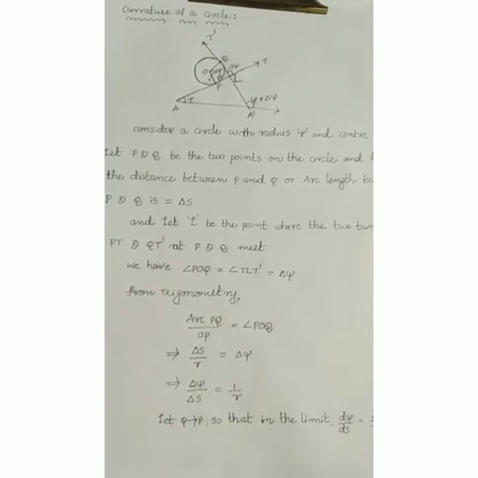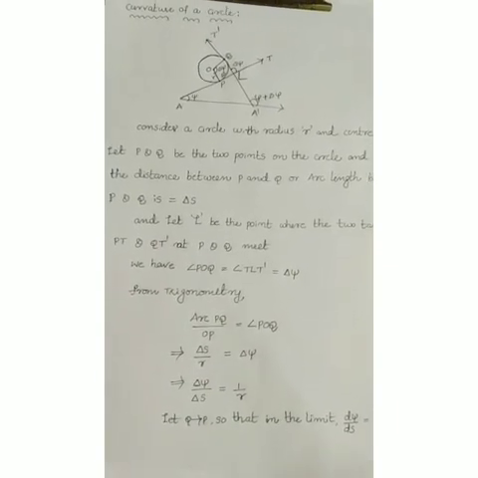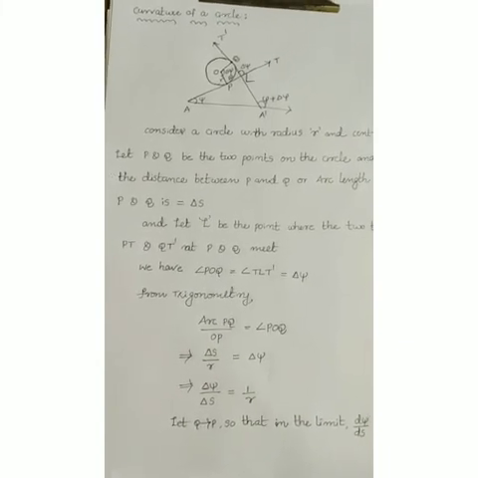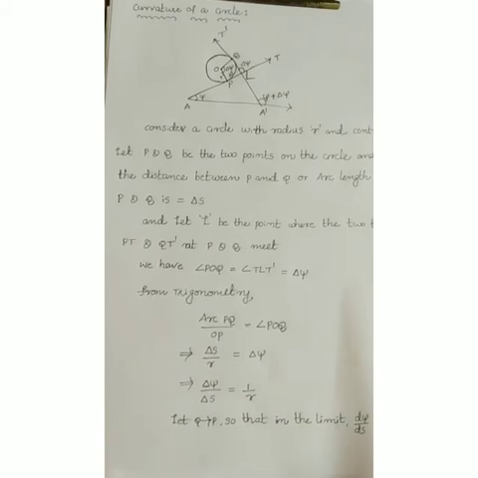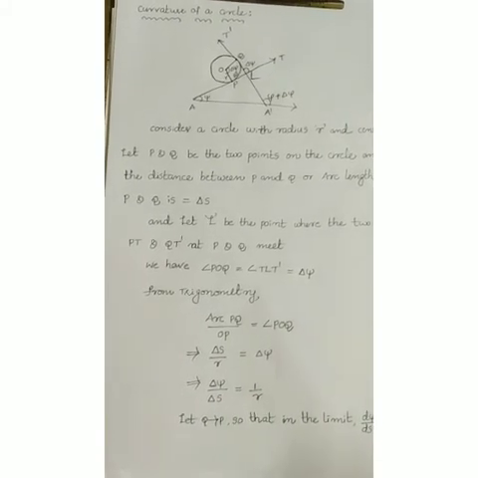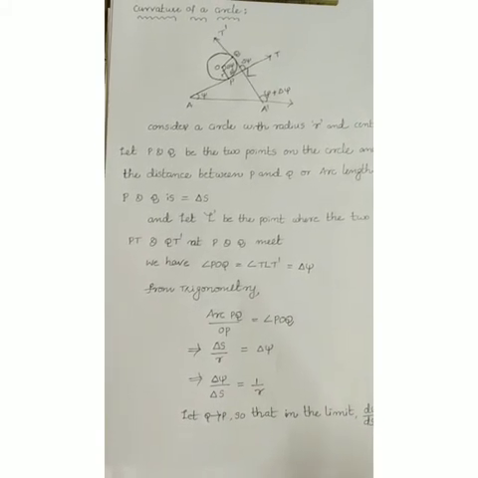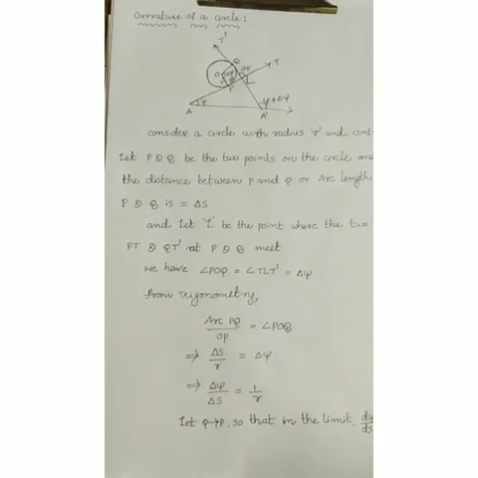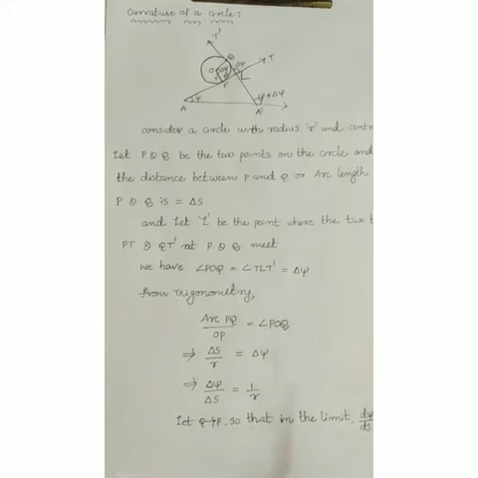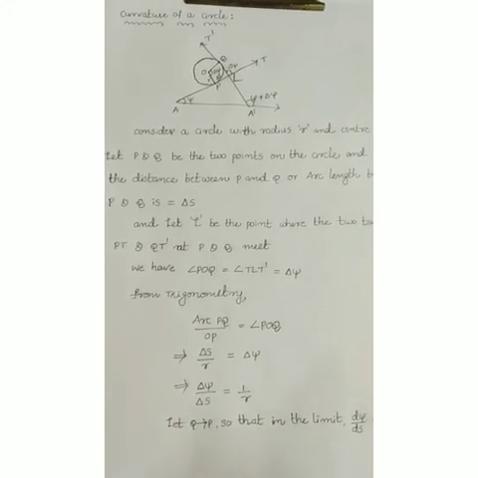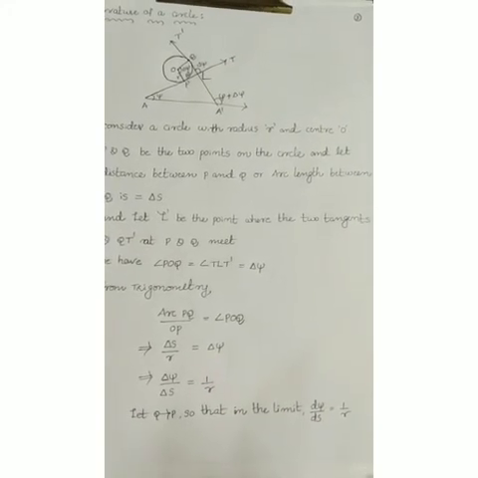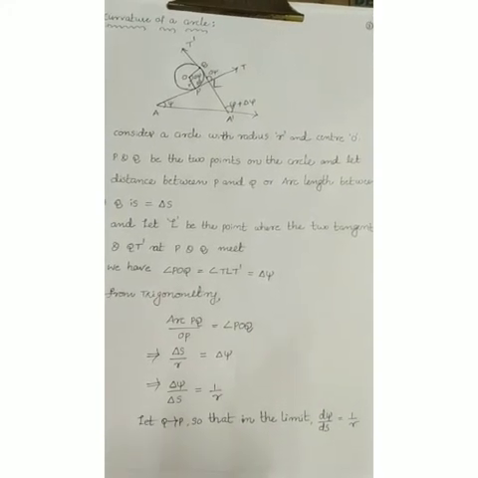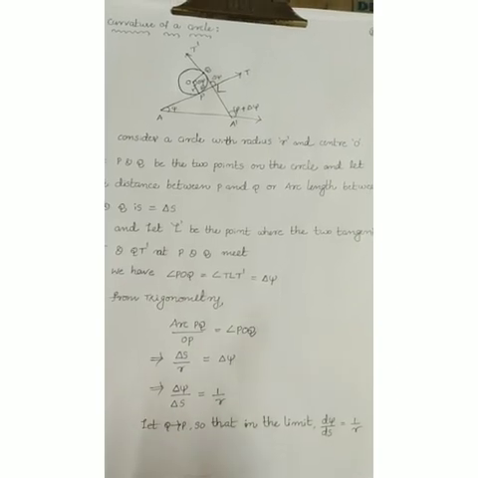Now let us define radius of curvature. The reciprocal of the curvature of a curve at any point, if it is not equal to 0, is called its radius of curvature at the point, and is generally denoted by rho, so that rho equal to ds by d psi. So here the curvature of the circle is 1 by R, that is d psi by ds, and the radius of the circle is ds by d psi equal to R, the radius of the circle.